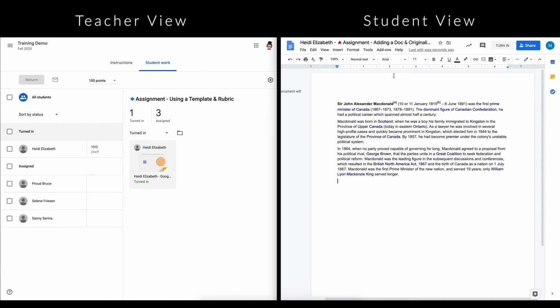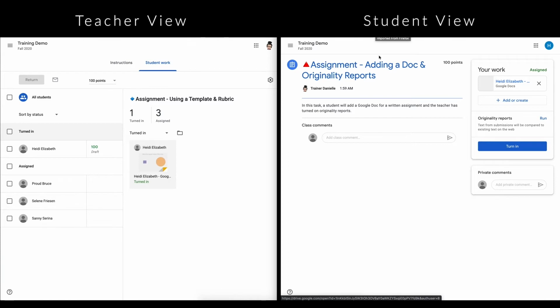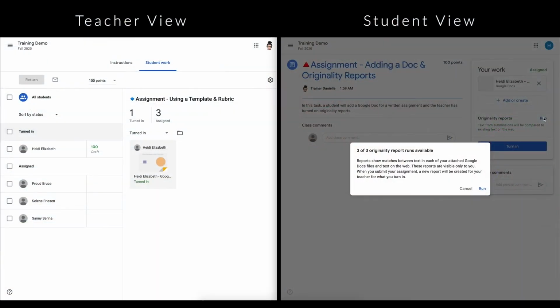And so Heidi Elizabeth has done this, and she figures that she is going to turn that in. What she can do is, because the teacher has turned on originality reports, back on the assignment here, she can run an originality report, okay, where it will take what she submitted and compare it to different text that is already on the internet, okay? All right, and so